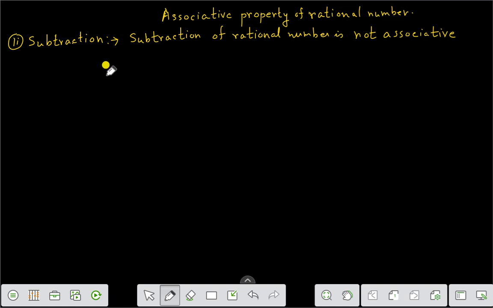That means we can say that if a by b, c by d and e by f are three rational numbers,